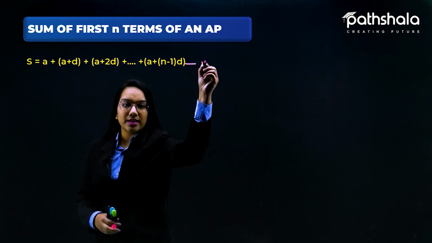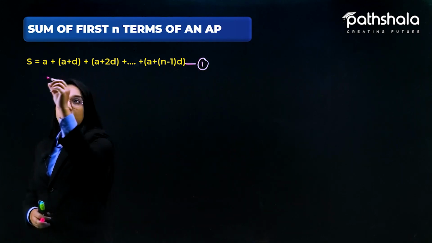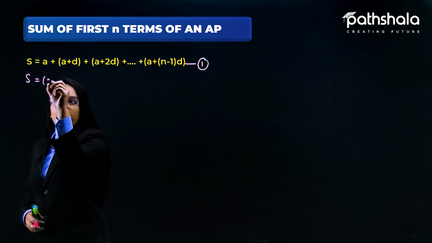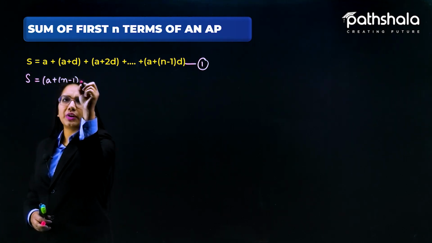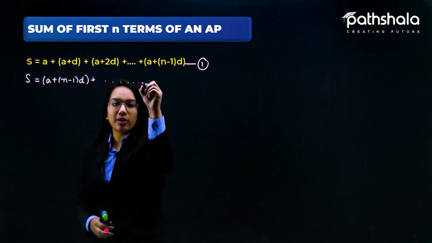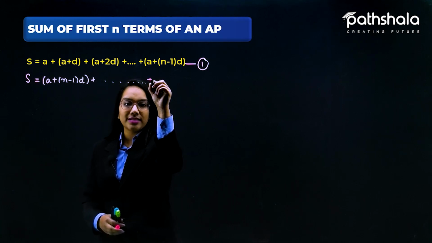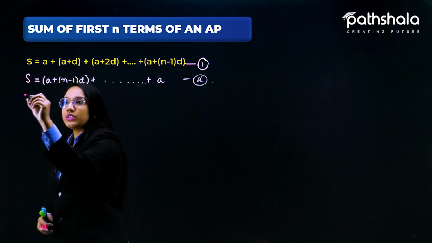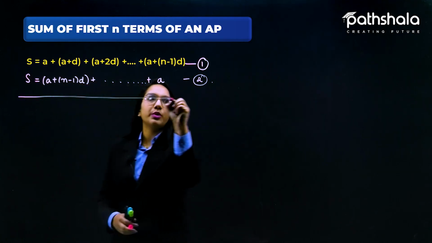Let's call this equation number 1, and again using the same concept, I reverse the order, writing a plus n minus 1 into d and so on, until plus a at the end. I call this equation number 2. Now if I add both of these equations together,